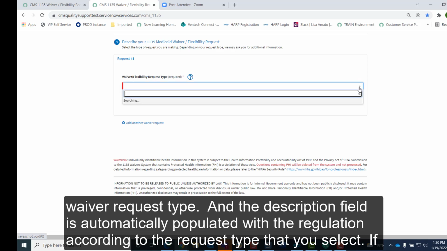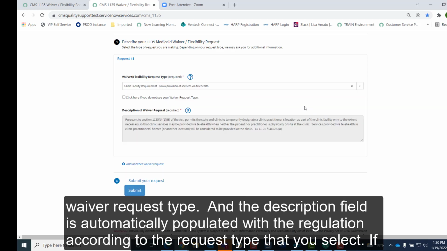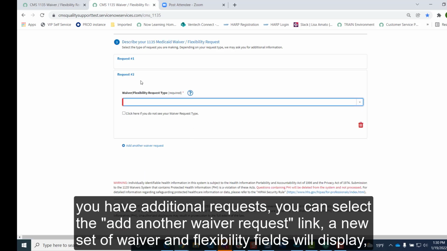Section 3 is how you describe your 1135 Medicaid waiver or flexibility request. First of all, we're going to select a waiver request type. And the description field is automatically populated with the regulation according to the request type that you select.